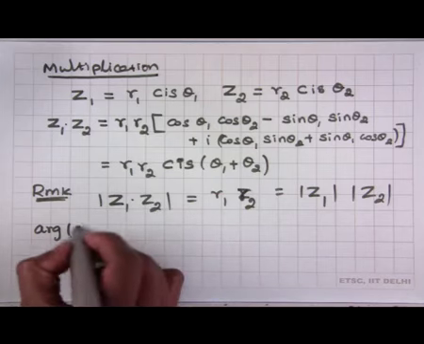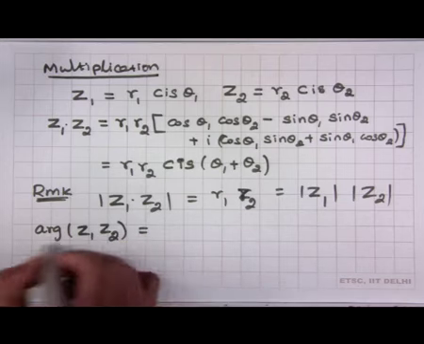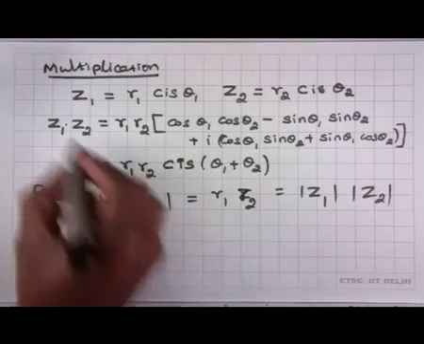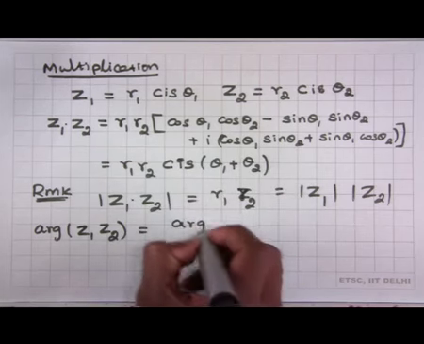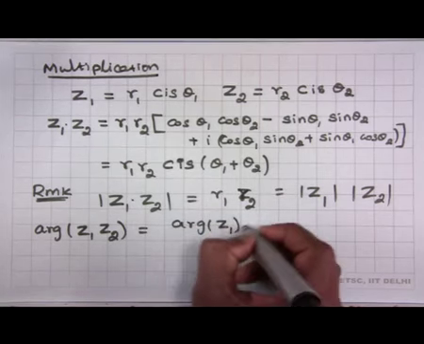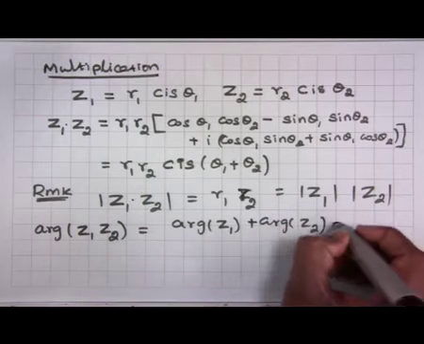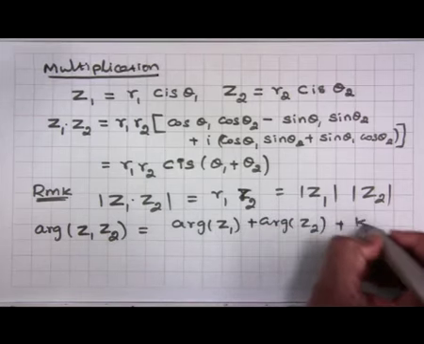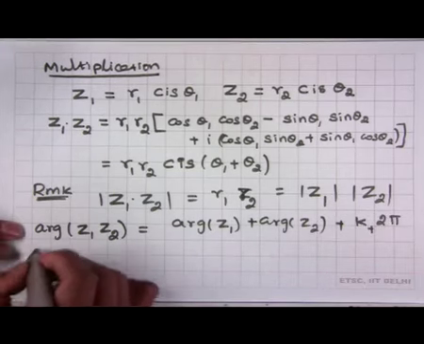Let us see what that adjustment needs to be. So, the argument of z1 z2, when we multiply, we get the sum of the principal argument of z1 and argument of z2, and we need to make an adjustment which is k plus times 2 pi, where k plus is